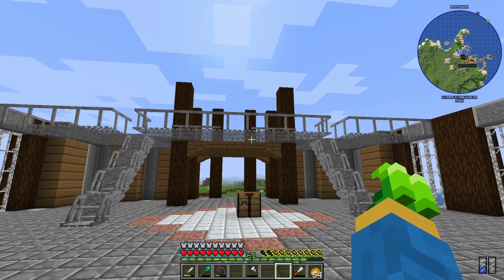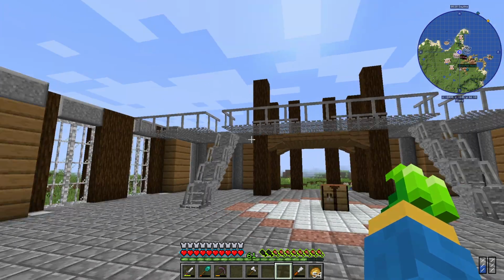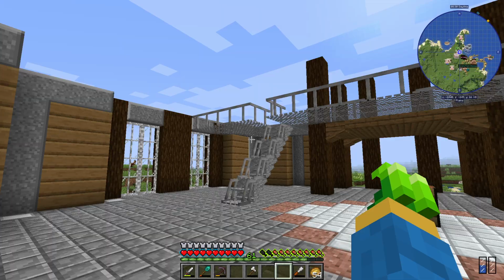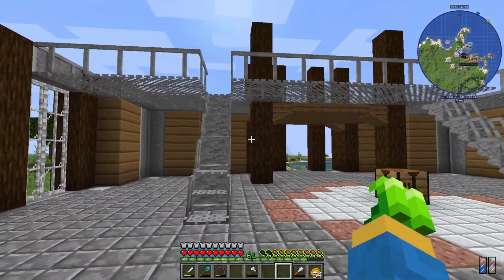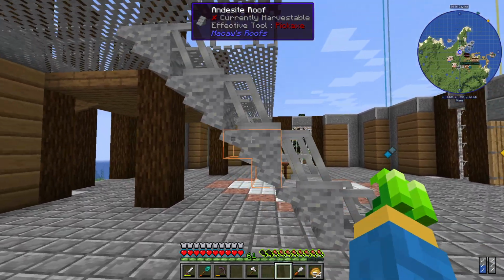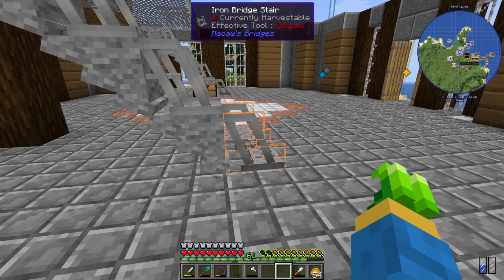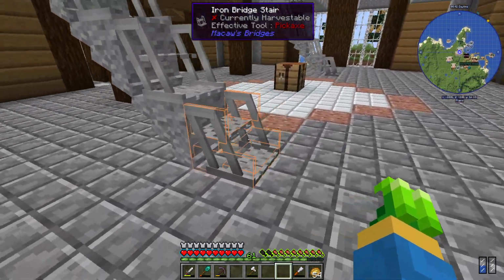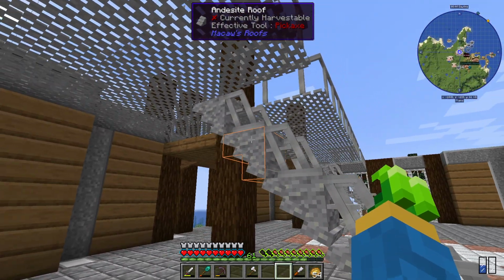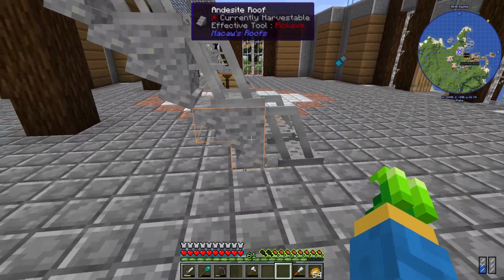Okay, you do not want to know how long I've been messing with this. I think it's legitimately been like 45 minutes of me trying to get this to a point where I like it. In the end, I ended up using these andesite roofs as the bottom of the iron bridge stairs. I don't know. Having the roofs as the stairs themselves made this...